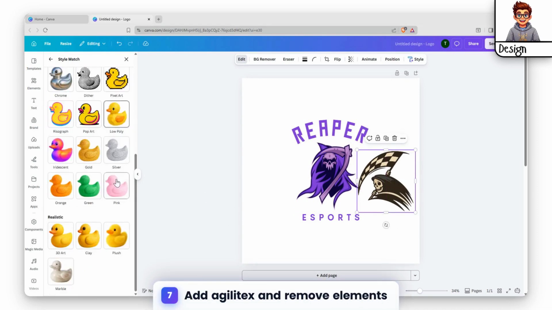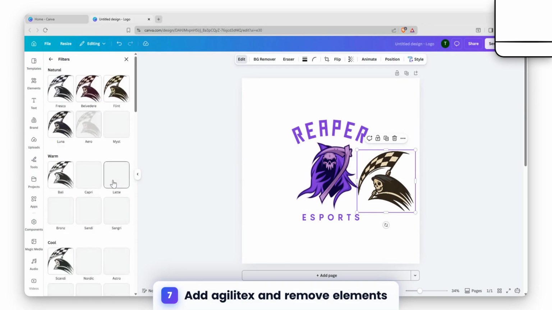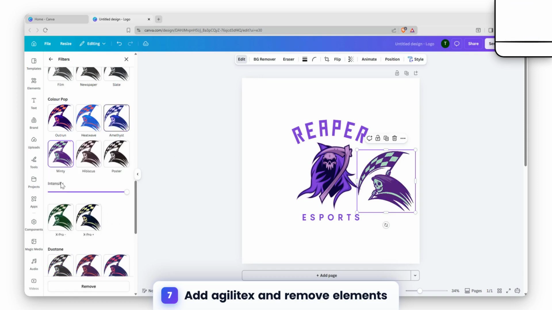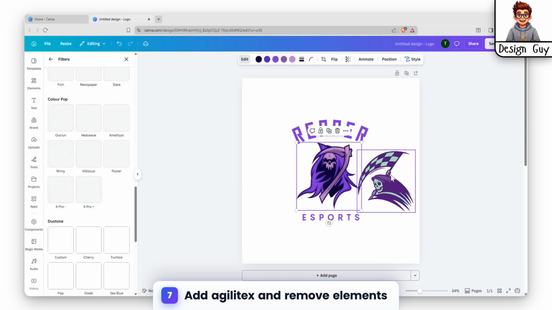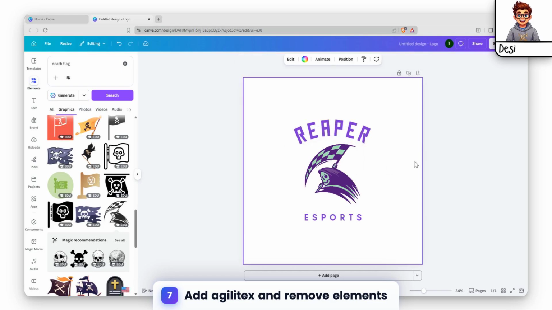Now, let's add a filter to the data. Click the Add Filter button to insert a new filter. Next, select the current filter you want to remove and click the Remove or Delete option. After that, choose the replacement filter from the available list and add it by clicking Replace or dragging it into